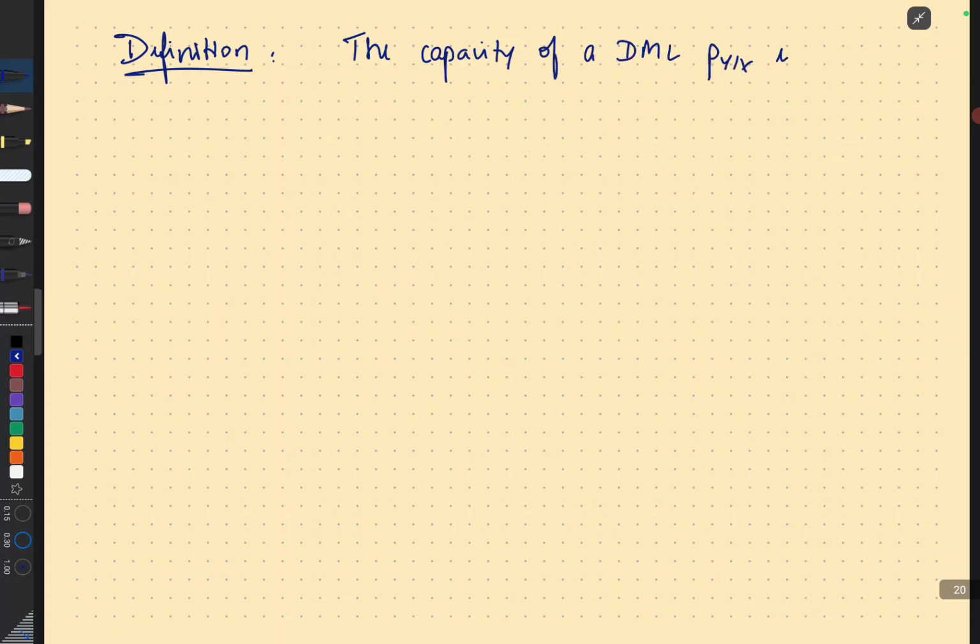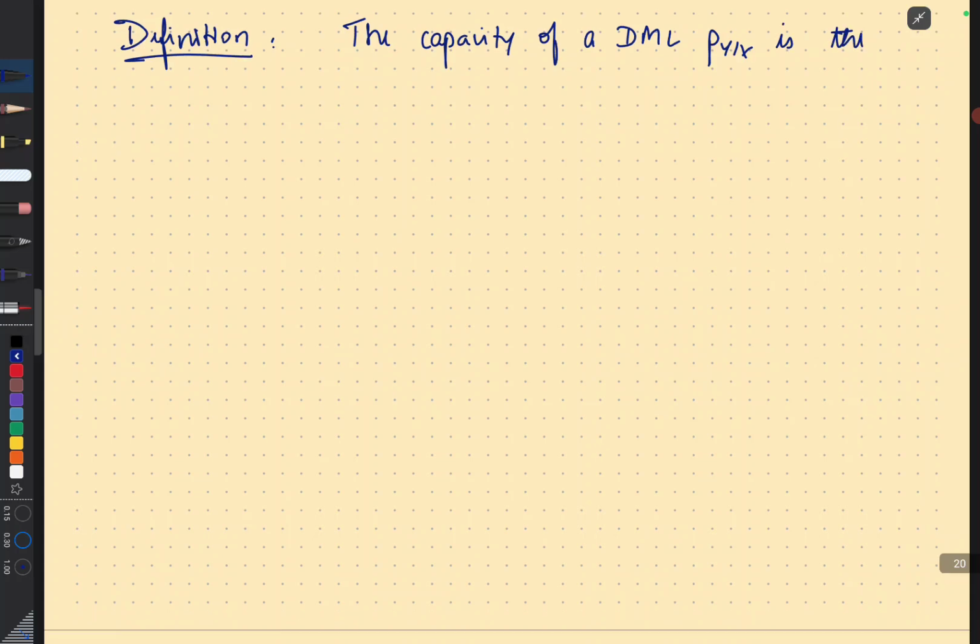So we'll define the capacity of a DMC to be the largest rate, more precisely the